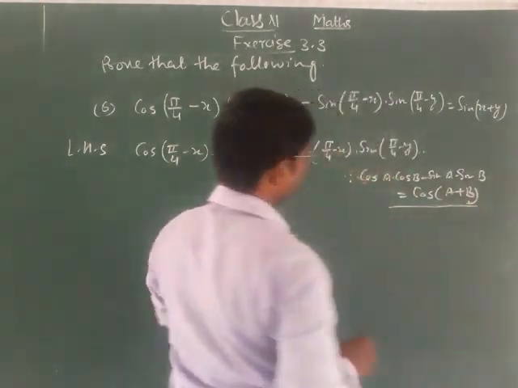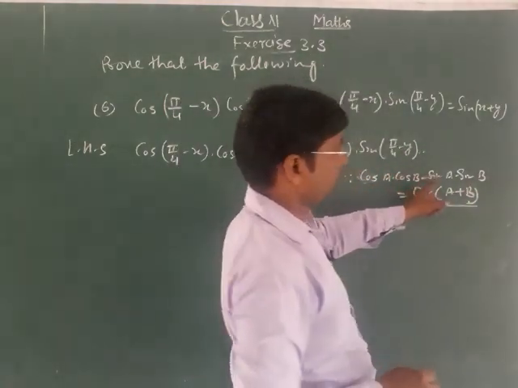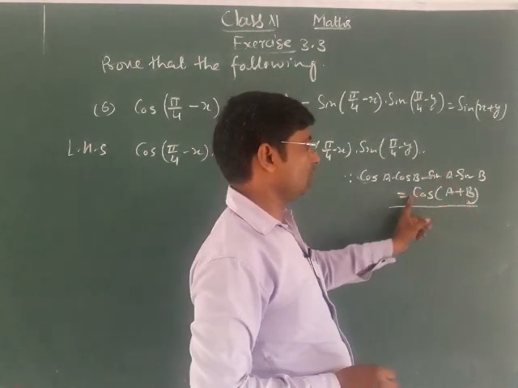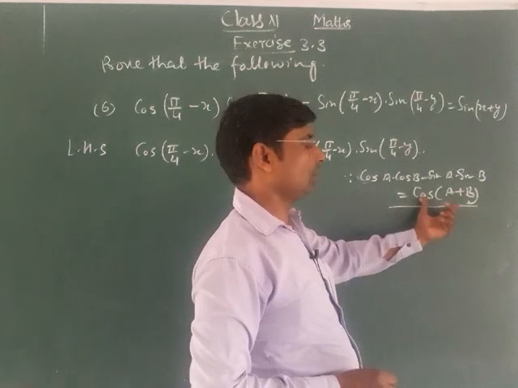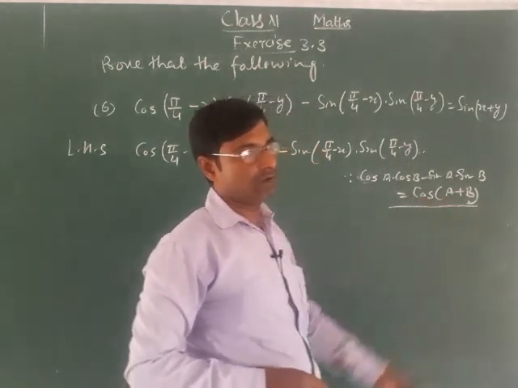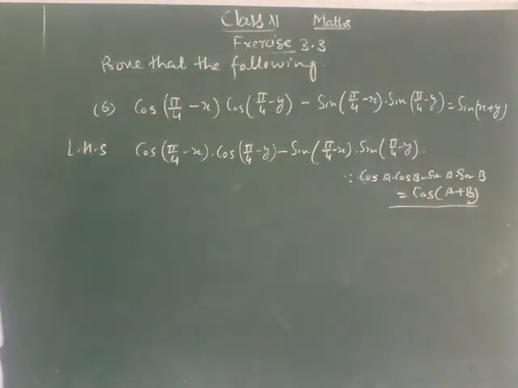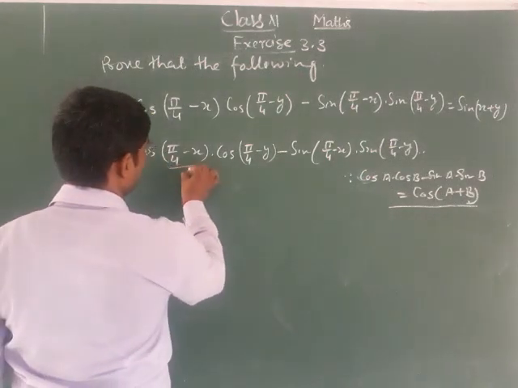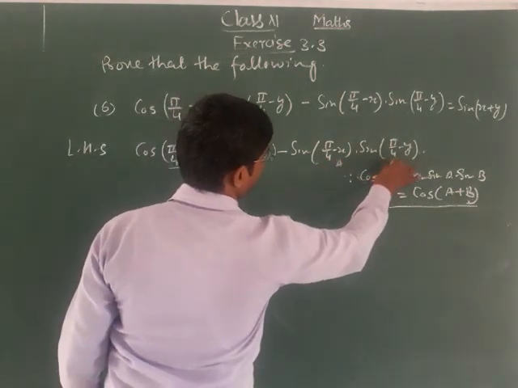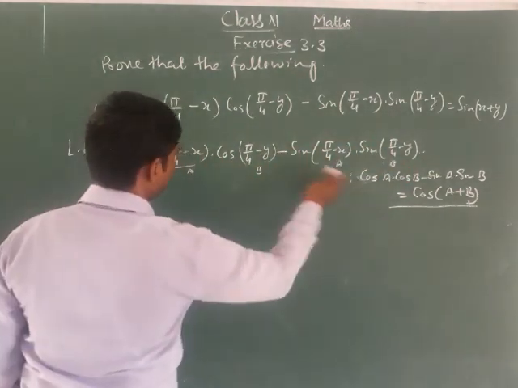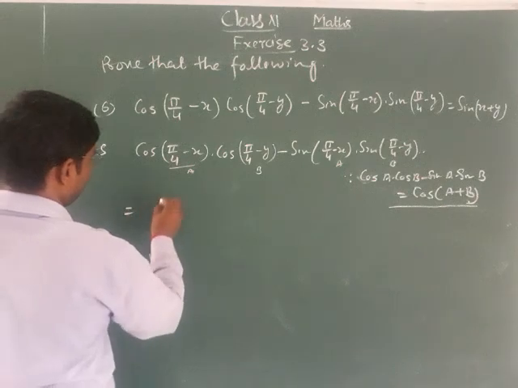We know that the formula of cos(A + B) is cos A cos B − sin A sin B. Let this be A and this be B, so according to this, we can write cos